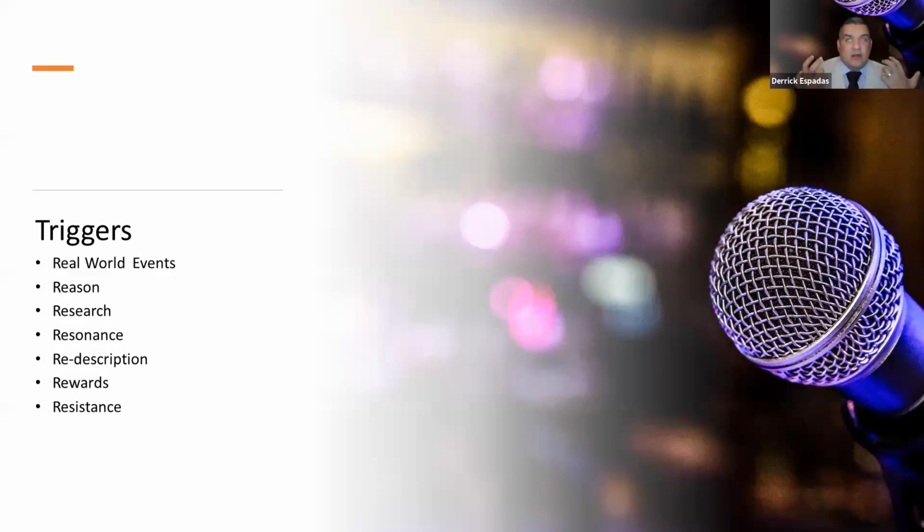So we're going to call these triggers. I believe someone refers to them as levers, but these are just things to reach out to get people's attention. So real world events. This is a very powder keg type one though. But if you know your audience,